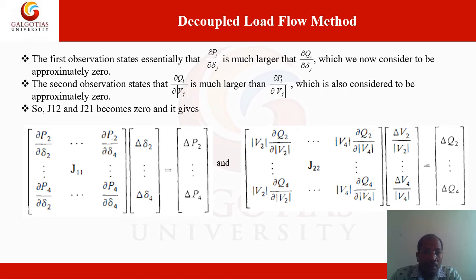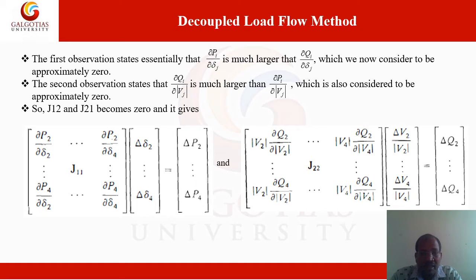So reactive power change with respect to magnitude voltage we can consider it is 0. So it is independent. Only if any bus has its magnitude voltage changing, we have to calculate only the reactive power voltage. So reactive power will change with changing magnitude voltage, and active power change will change the voltage angle. So we can apply this on the Jacobian matrix, then we can see that the matrices J12 and J21 become 0